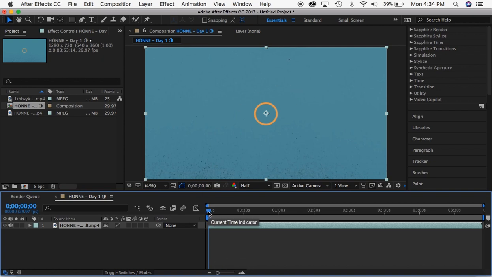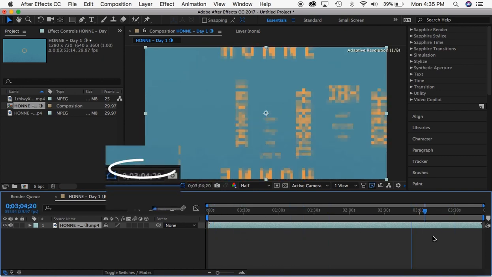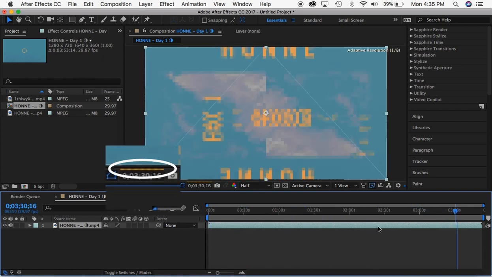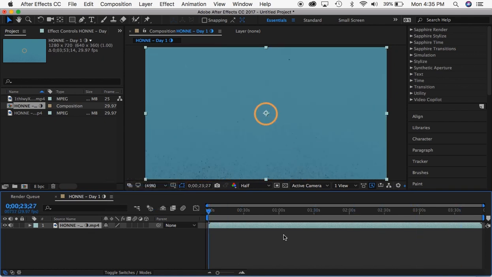So a lot of you guys have been saying that your audio doesn't play or you can't hear it, which is really weird because you usually should hear it. And usually what I say is wait for it to load. Sometimes it takes a while for After Effects to render all of this 3-minute long audio or whatever. And yeah, as you can see, that little yellow line by the stopwatch, by the time, that's because your audio is rendering. So if I were to play it,